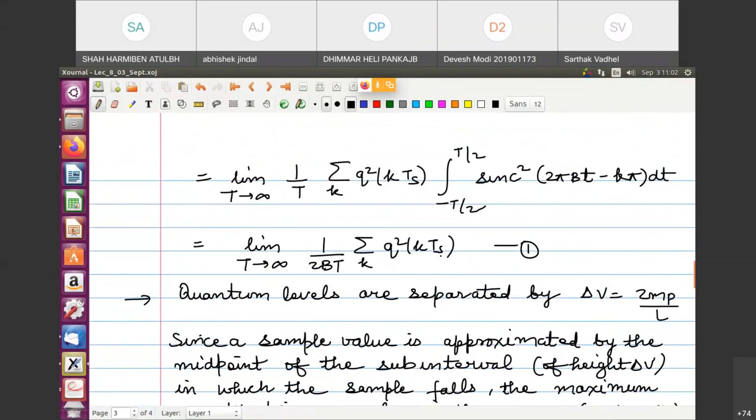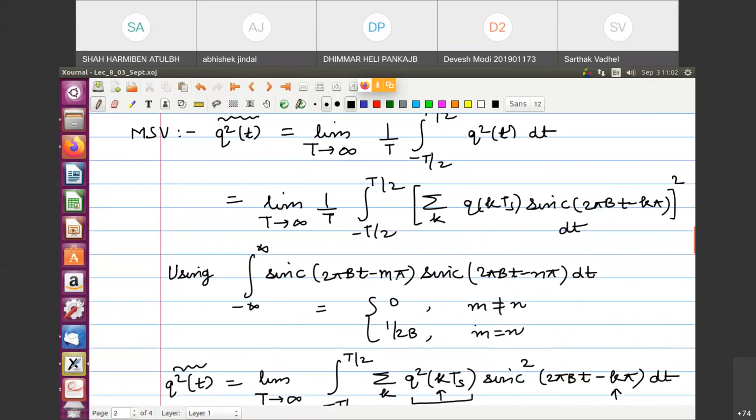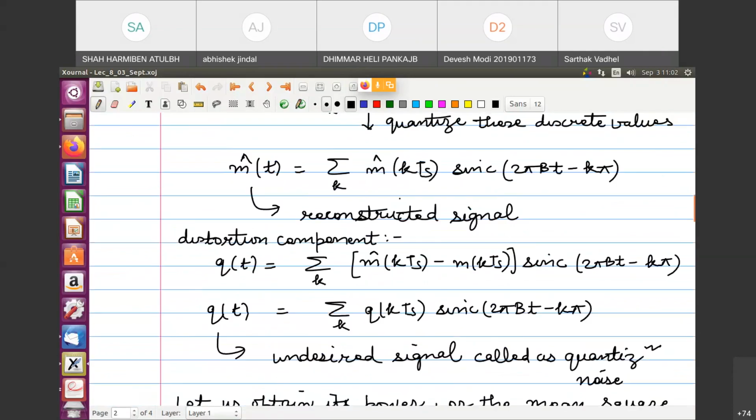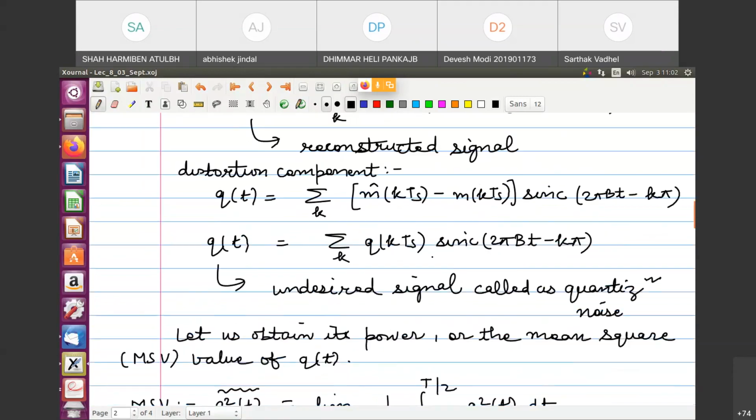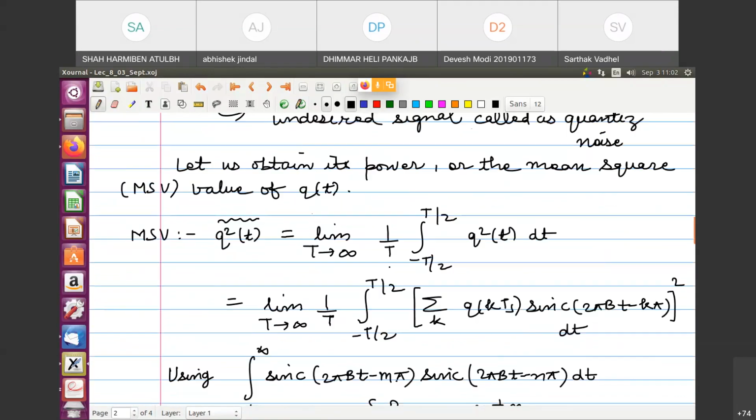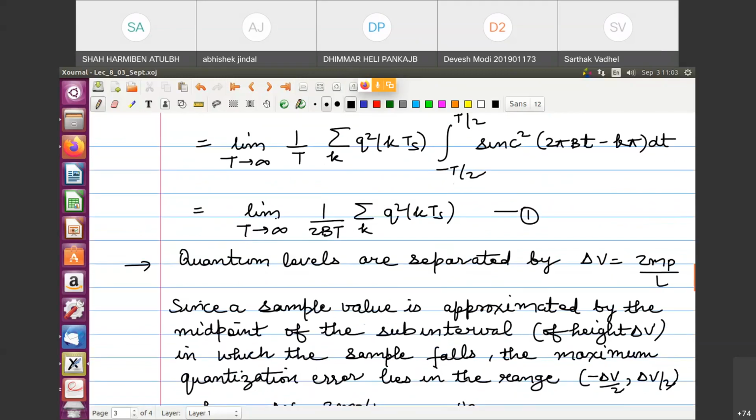See, what will you do? You do not know, this is a very generalized sort of a derivation. We are not saying what MT is, or what MKT is. MT can be any sort of a signal. It can be a sine waveform, it can be a very complex time domain waveform, or it can be a speech signal. The speech signal may not have a very structured form. So if at all you don't have this, then QKTS you don't know, you only know the sample values. So you cannot make any progress after this.